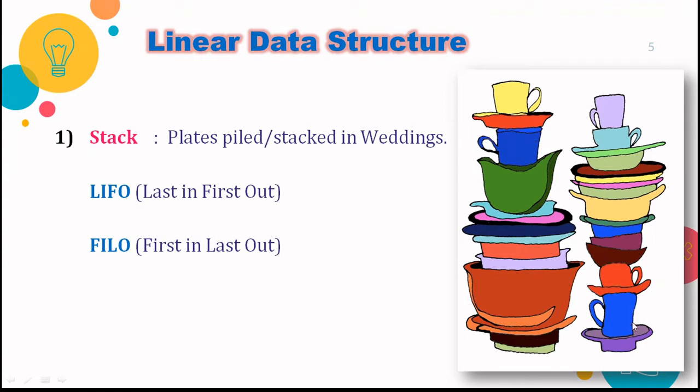So for such kinds of data structures, what should be the approach? We know very well, if I talk about this right pattern, this violet plate was placed first, then this blue one, then this red one, this brown one. So this was the first one which was located here, right? And then this was the second one, this was the third one, and this was the last one, right? So this particular data structure is based on the principle of LIFO, or you can also call it FILO. So what is LIFO? Last in, first out. And what do you mean by that?